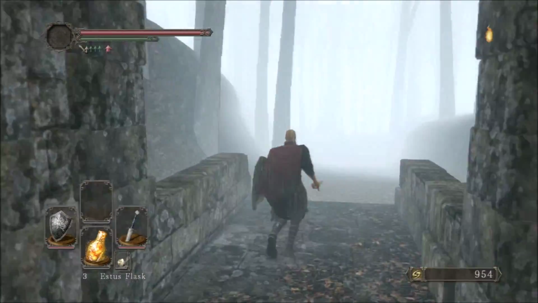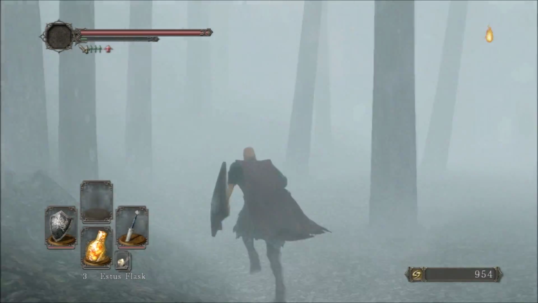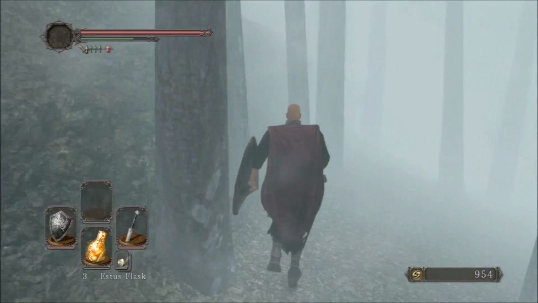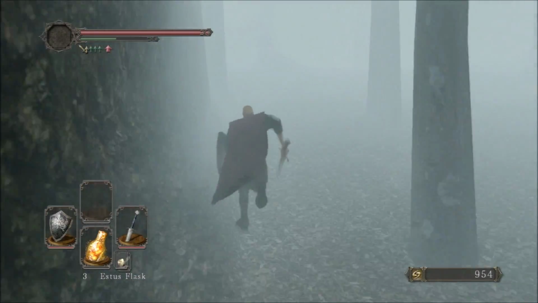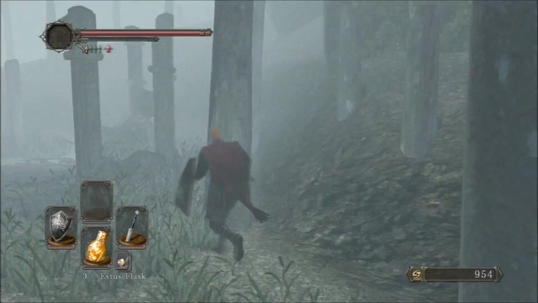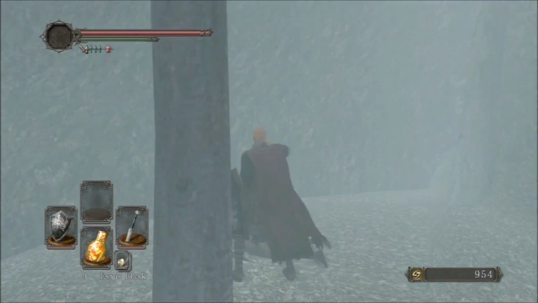We're going to go into the Misty Woods. And you do have to be careful here, guys. It's pretty easy to get lost. And there's a bunch of enemies here. They're called the Roaming Souls. They're basically the guardians of this wood. But